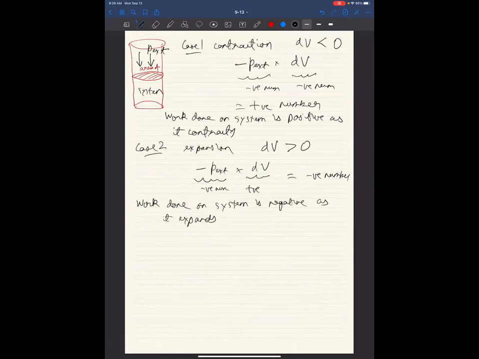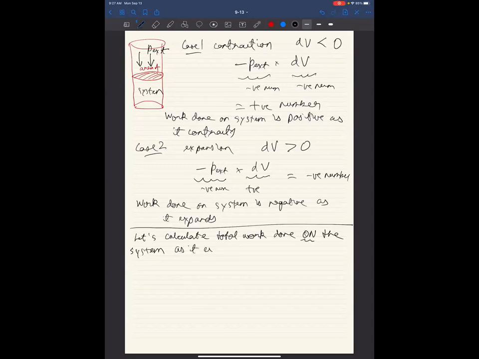Okay. So this is all differential work. We want to calculate the total work done on the system as it expands from a certain volume Vi to a second volume Vf. I could easily give you a problem where I ask you to calculate the work done by the system. In that case, in the very end, you have to put a minus sign. But here we are calculating the work done on the system as it expands